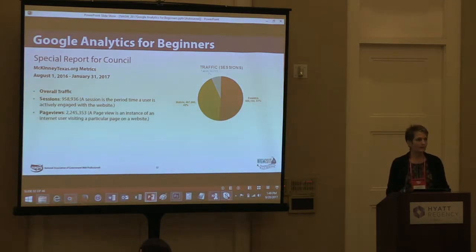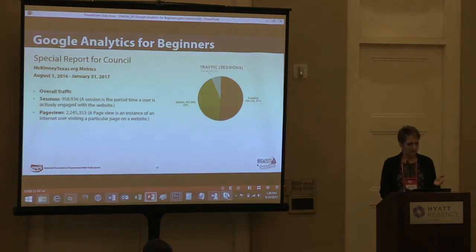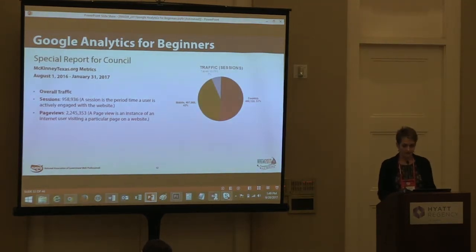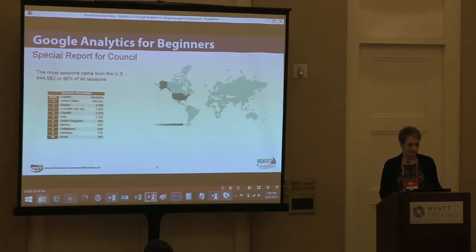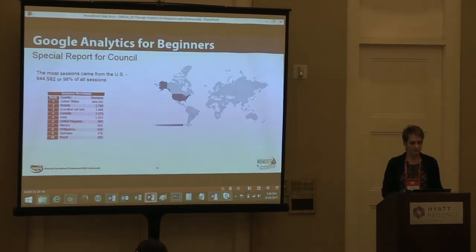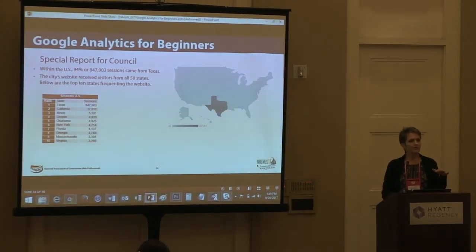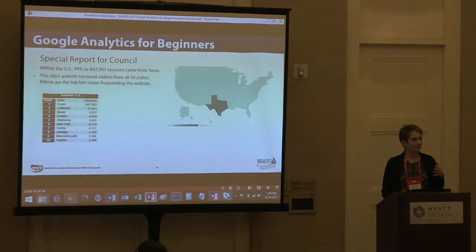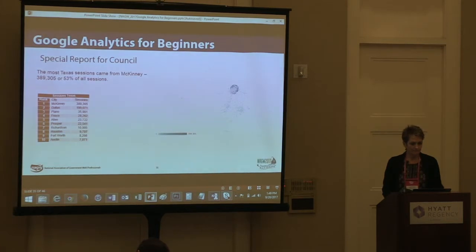But she did this really nice report, and I thought it was valuable to show and to put into the presentation so you can have an example of that if you want to create one of your own. She has a little bit of an explanation of what those various numbers mean, and then the nice graphic. Here we're talking about the geographic information for the main website. We're just really talking about the main website. We have all these others, but everybody focuses on the main website primarily. And then the state, and then Texas.